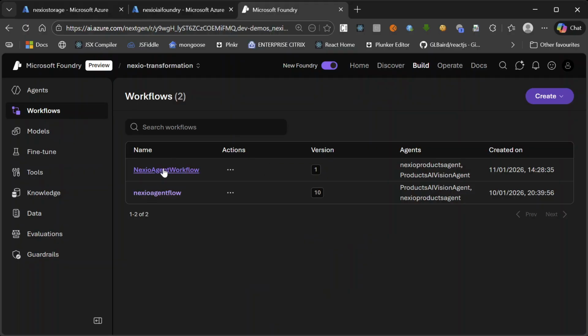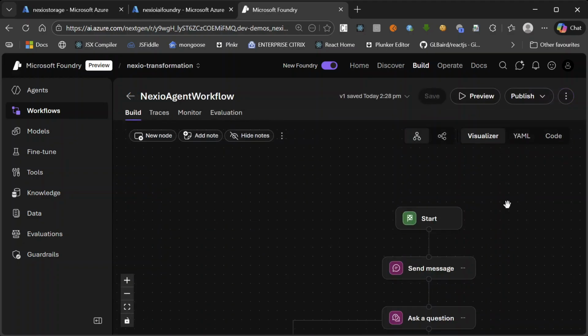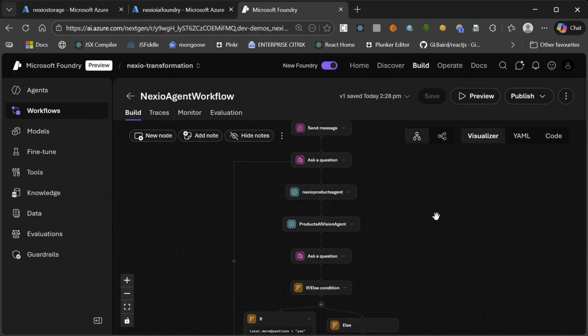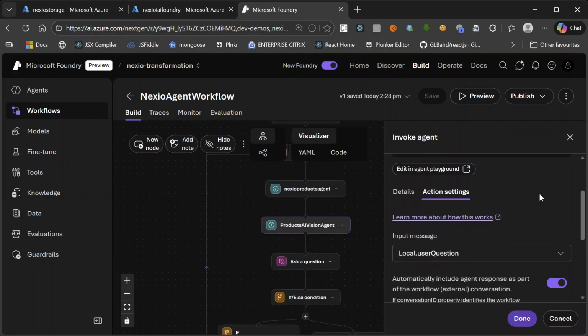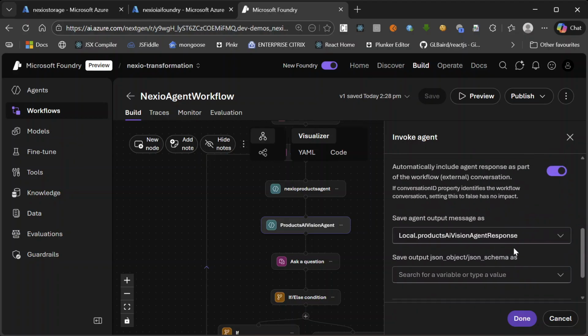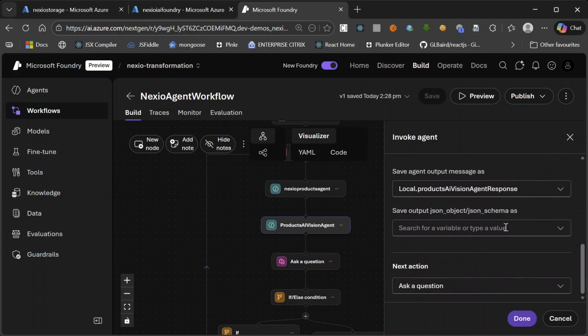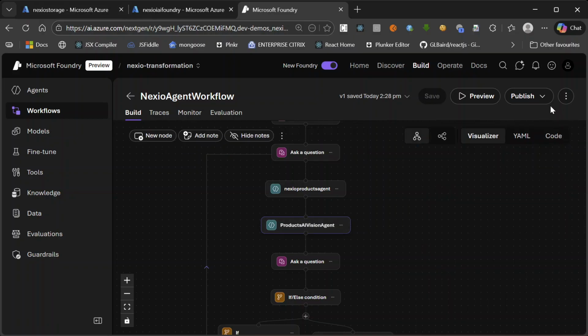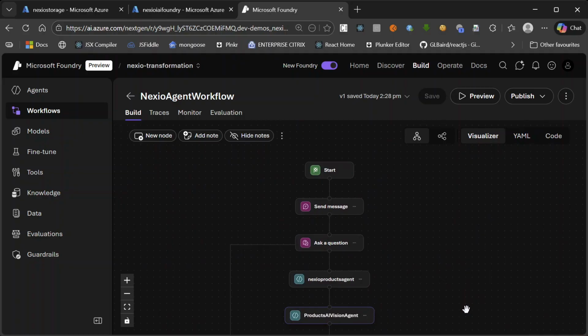So we called it a Nexio agent workflow. If we go in here and see the AI Vision agent, the input message was the user question, so that seemed okay. It is getting the same question, but for whatever reason it's not coming back with a response. I'm going to look at it later, but I think you get a good idea on how the workflows